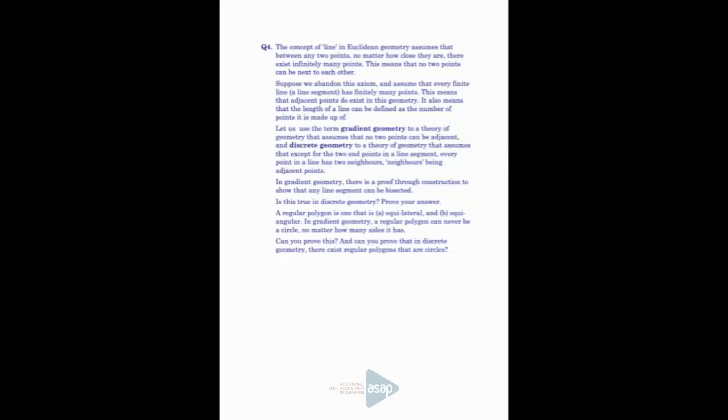In mathematics, a conjecture is a statement that we think is true but have not proved yet. And when it is proved, it becomes a theorem. The truth of a conjecture depends upon the definitions and axioms we choose. This is a fundamental difference between mathematics and science. So what this question does,